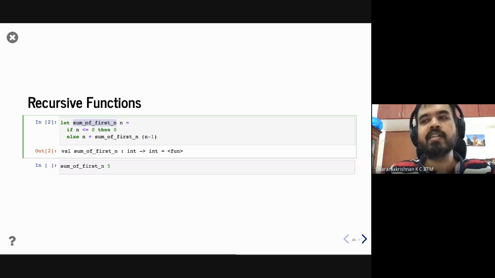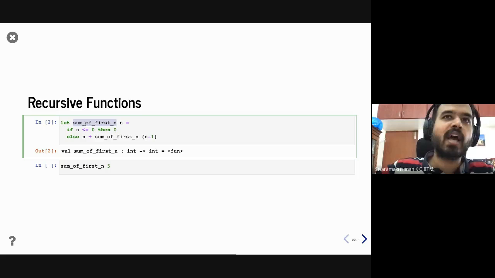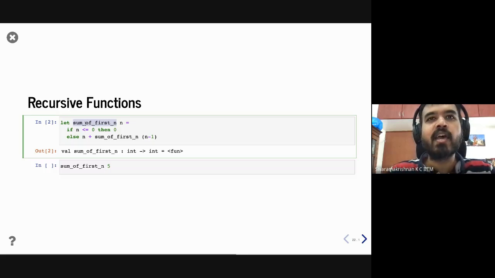So you are building a building and you are saying, oh, this building, I'm going to talk about the same thing that I'm constructing. So in OCaml, by default, you can only talk about things that have been constructed, right? So if you don't use the rec keyword, this definition does not come in scope, right? This is not yet defined. So OCaml is going to look for stuff that is defined above here and anything else previously. So there is not going to be any function called sum of first n, right?